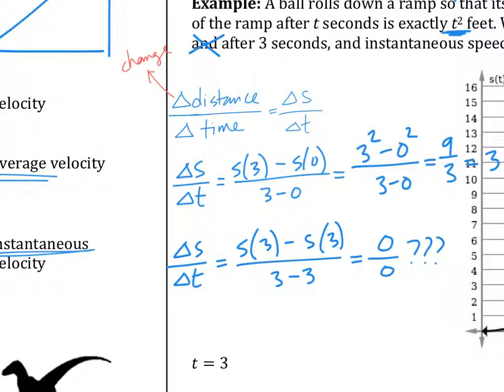It is not undefined, but it has a special name in calculus, but we'll talk about that later. Basically, we don't know. So does that mean there is no speed at 3 seconds? No, obviously there is speed at 3 seconds, but how come we cannot calculate it? At that moment there's no speed? That makes no sense. So the way we defined it, we cannot figure it out. Therefore, we need calculus to help us.